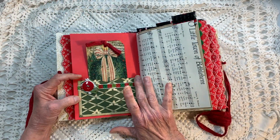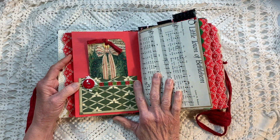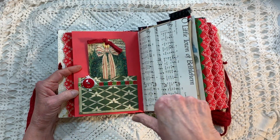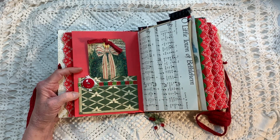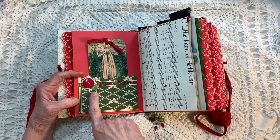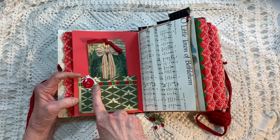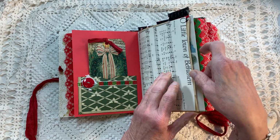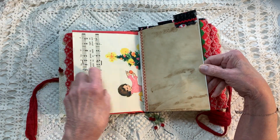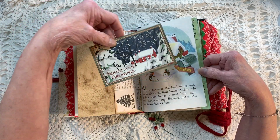And so on the pockets, on all the pockets, I added a trim. I used this trim and one other with snowflakes. And then I did a cluster on each pocket and stitched a button on there. So it has part of a doily, seam binding, and it has lace, and then it has a button that I stitched through that. Here's O Little Town of Bethlehem. I try to use Christmas music. I did add some dictionary pages that weren't Christmas, but other than that,